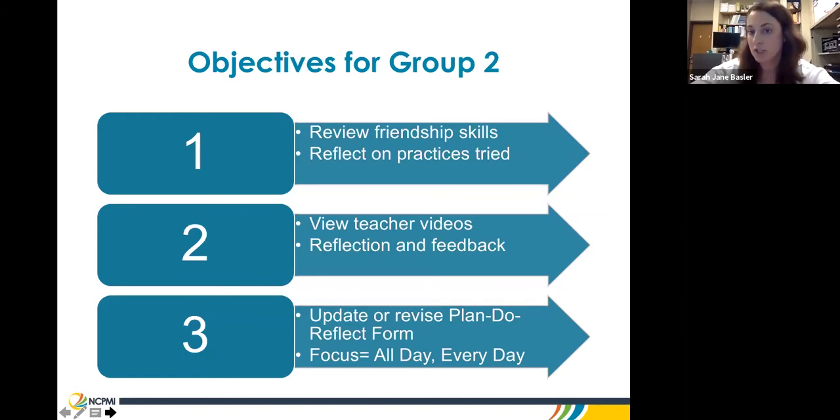So if they signed up to share for that week, they would share. Teachers were given an opportunity to provide some reflection around their implementation. And then we allowed the teachers to provide some supportive and constructive feedback. And when it was time to write a plan, the focus shifted then to all day, every day.